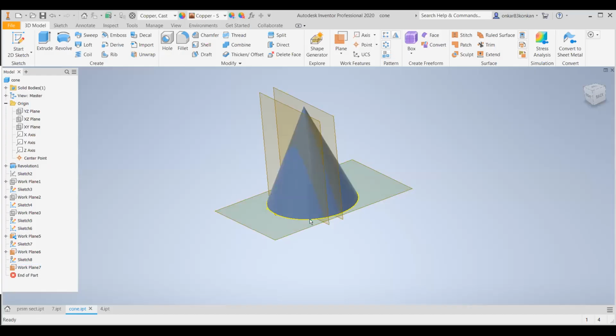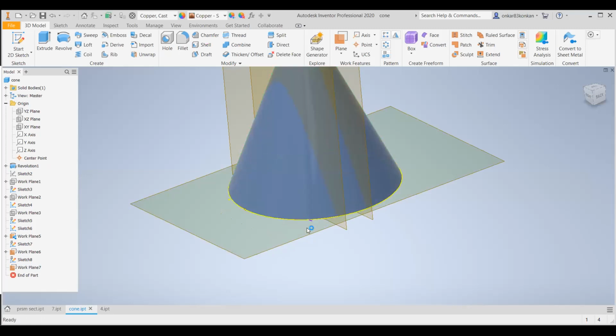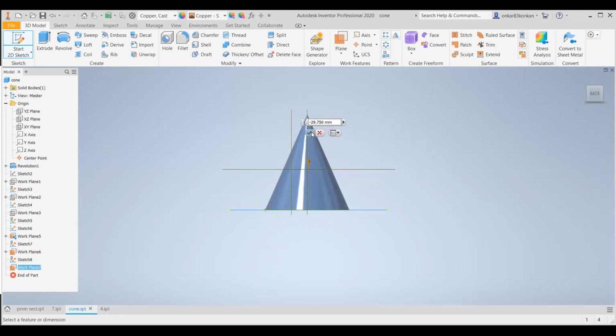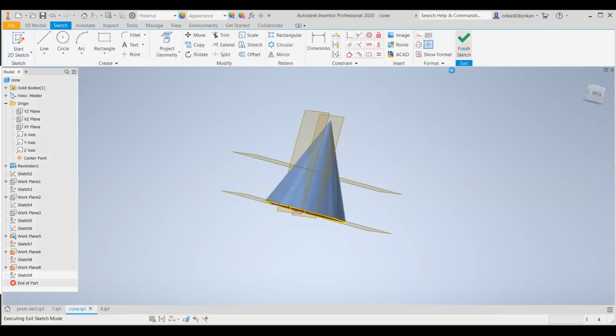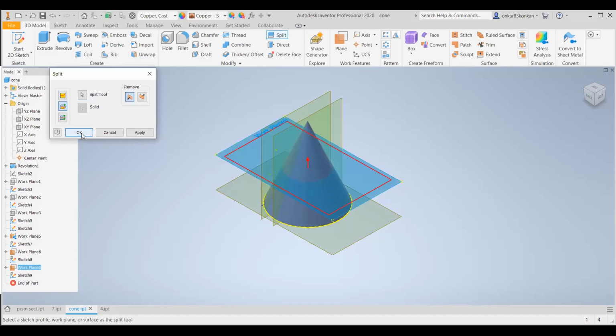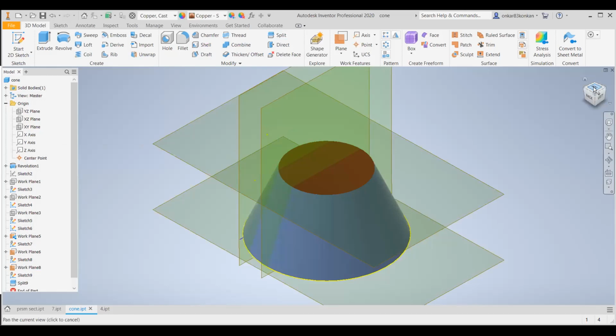If you select the section plane which is parallel to the base, that is parallel to horizontal plane, and if you change the position of that section plane along the vertical direction, then you will obtain the true shape as a circle with the varying diameter. Okay. So if I just shift the position vertically upward, then the true shape, it will be a circle. Okay, so this is the circle.